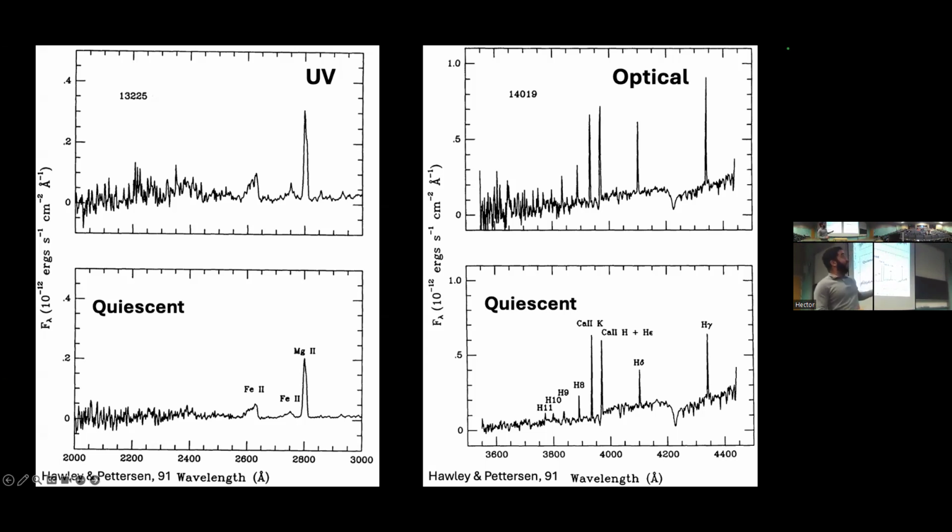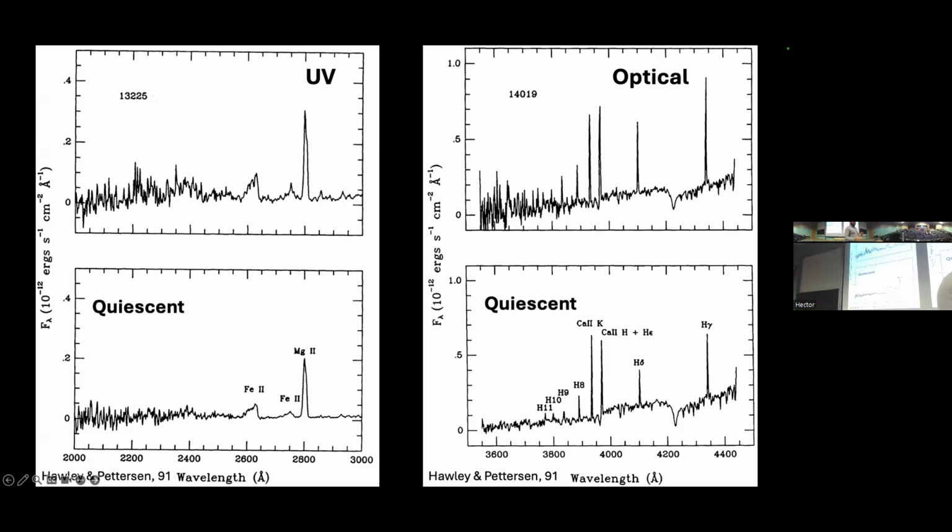And we can see that when the flare happens, there are peaks. For example, the hydrogen lines are increasing in flux. So when a flare happens, it is increasing the flux of the star at different UV and optical wavelengths. And just in case, something to know is that when they observed this flare, they were able to observe it the whole time in the optical, but in the UV, they unfortunately didn't have consistent data. So they had sparse data about the UV observation. They don't have a continuum of that UV.